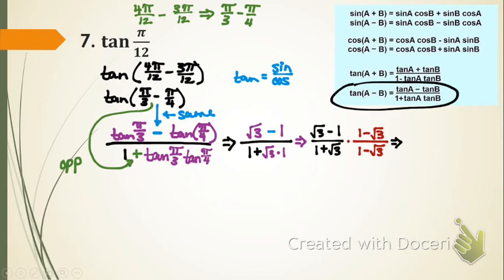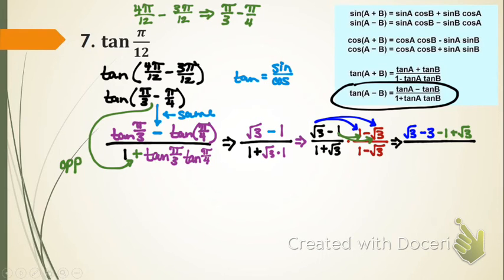So I'm going to double distribute here. Radical 3 times 1, well, that's radical 3. What is radical 3 times negative radical 3? Negative 3, so minus 3. Then I distribute negative 1 to 1, so minus 1. Negative times a negative? Positive, so plus radical 3